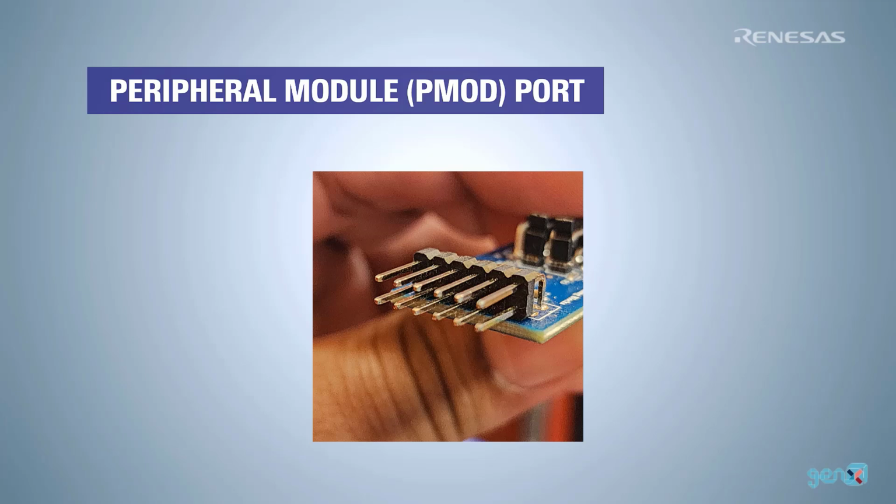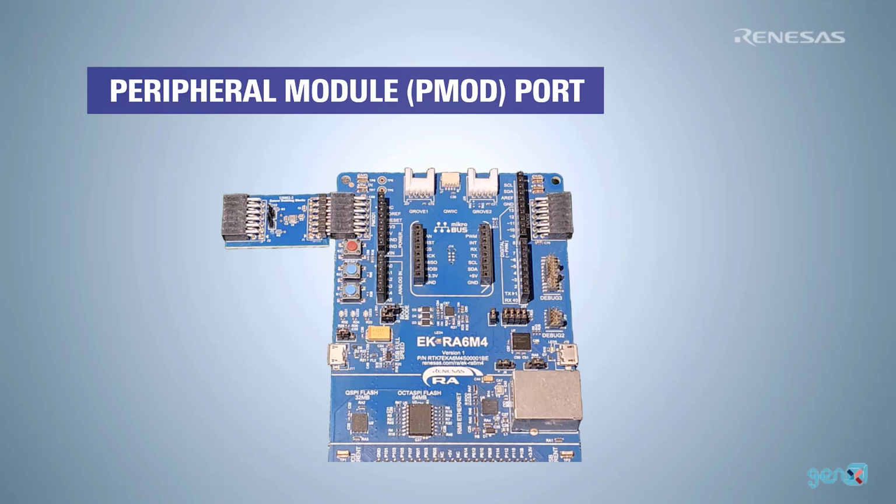We will go over one important connector found on EK boards, the PMOD connector. Now, the PMOD connectors are a 12-pin 2-row connector system designed for peripheral modules or PMOD. It allows for quick plug-in of modules and various connectivity types such as UART, SPI, I2C. On a Renesas EK board, you may find one or two PMOD connectors that accept sensor boards, IoT peripherals, or